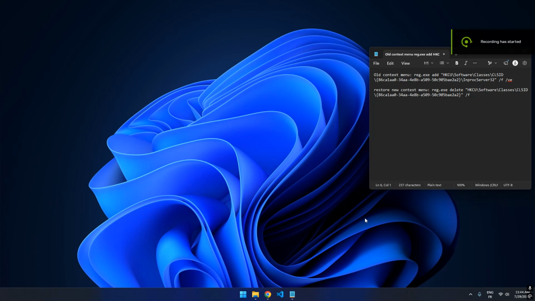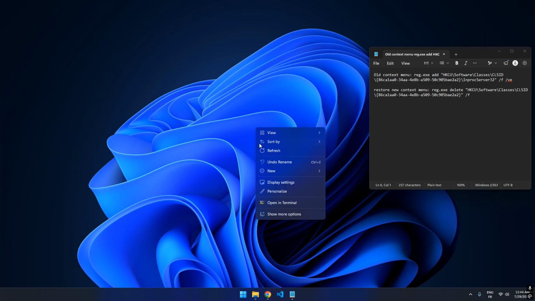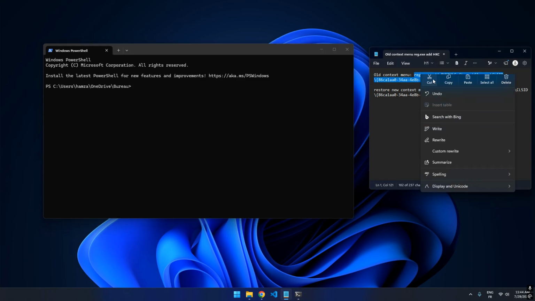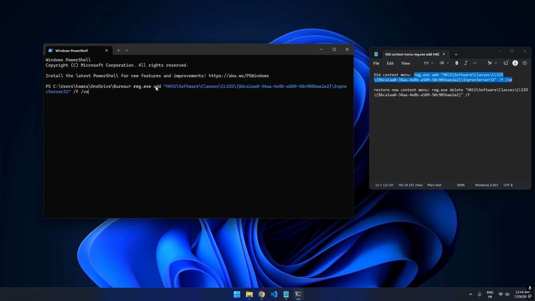Hello everyone. So in this video I will be showing you how to get the old context menu back. So first of all, open the terminal. I will put this command in the video description. Copy it, paste it here, press enter, then open the task manager,